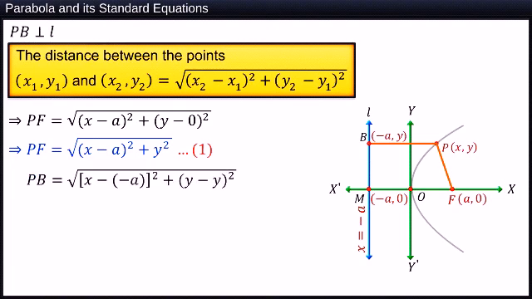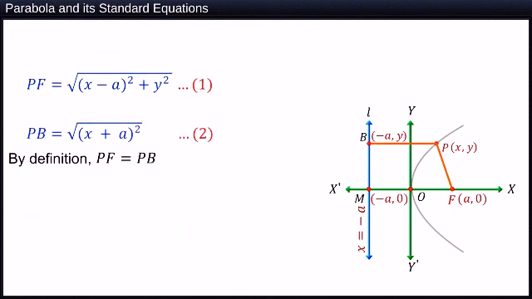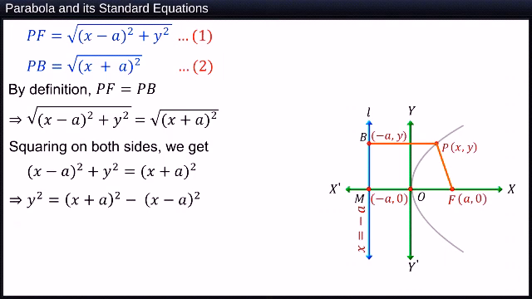Similarly, substituting the coordinates of points P and B in the distance formula, we get distance PB is equal to under root (x + a) whole square. Let this be equation 2. By the definition of a parabola, distance PF is equal to distance PB. Equating the values of PF and PB from equations 1 and 2 and simplifying, we get